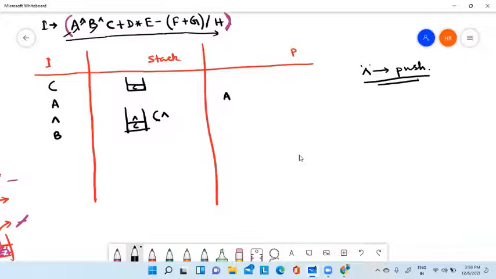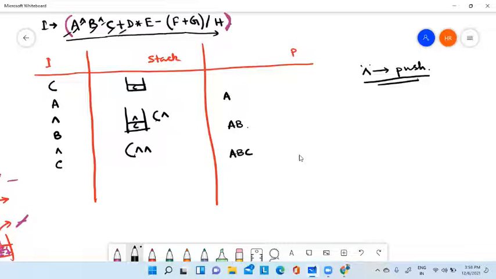So operand, so it will be added to the postfix. Then again to the power. So to the power, the rule is it will always be pushed. The rule that if any operator is encountered, then repeatedly pop all the operators having same or higher precedence is not applicable in case of to the power. Okay, remember this. Next, after this to the power, C is an operand, it will be added to the postfix.